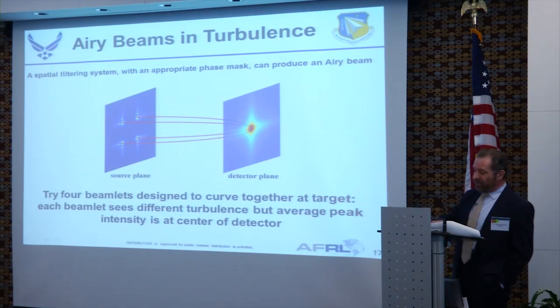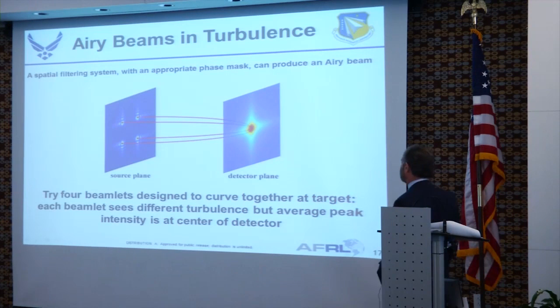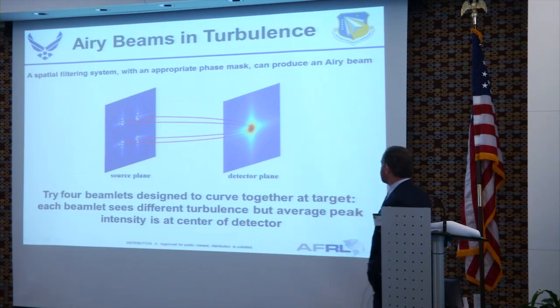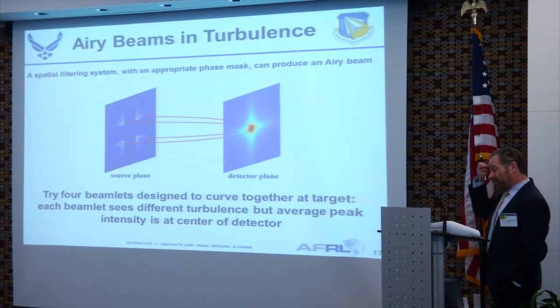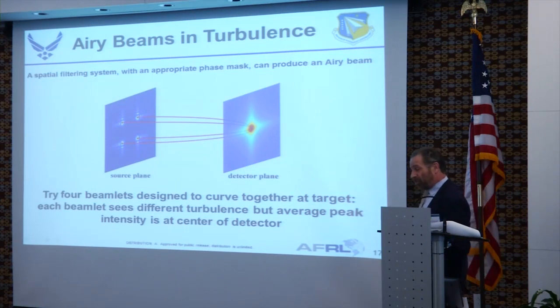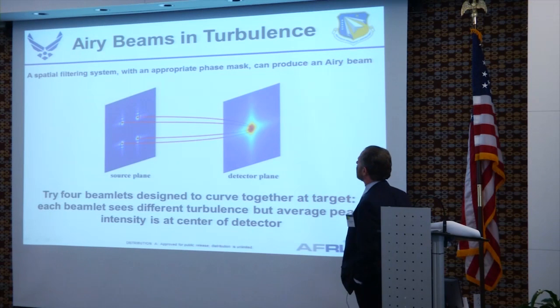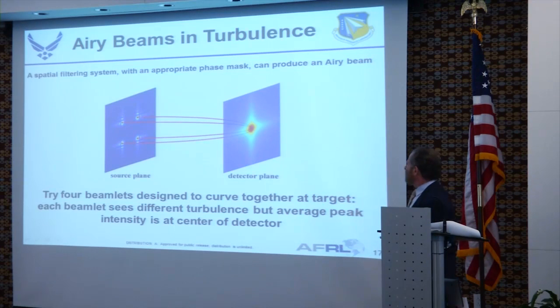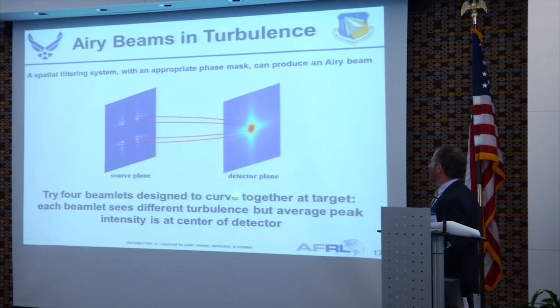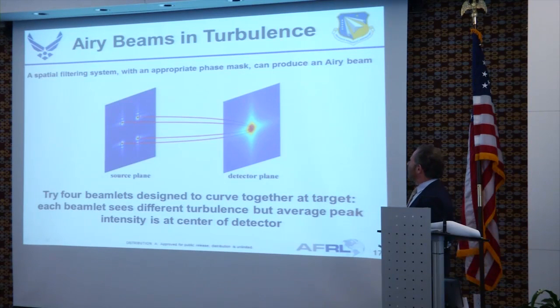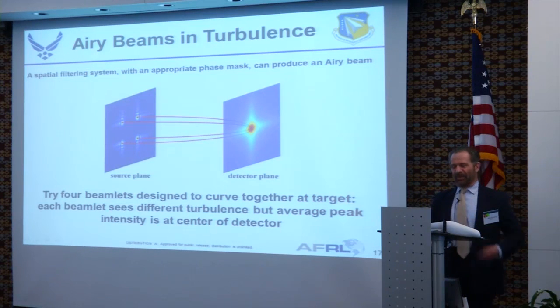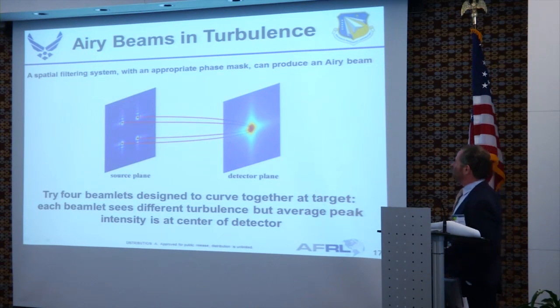I subsequently funded one of his young postdocs, Greg Gabor, to look into this business of finding what sorts of partially coherent choices you might make, and he came up with an interesting one. And these are Airy beams. Airy beams are beams that don't curve, but something does. I'll tell you in a second. But the question is that you might be able to get yourself from there to here. This picture is sort of a 3.5 kilometer distance, and they might be robust enough to do what you want.